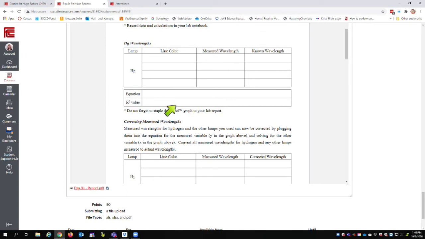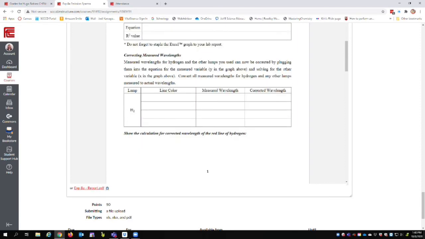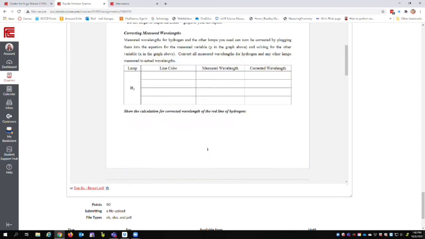So here's where we'll record the Mercury wavelengths. What color you call them, use a color name that makes sense to you. The measured wavelength, the known wavelength. These are in the table in the pre-lab part. Here's where we put the equation for the line and the R squared value, and don't forget to include the graph in your report. Then you're going to do hydrogen and,